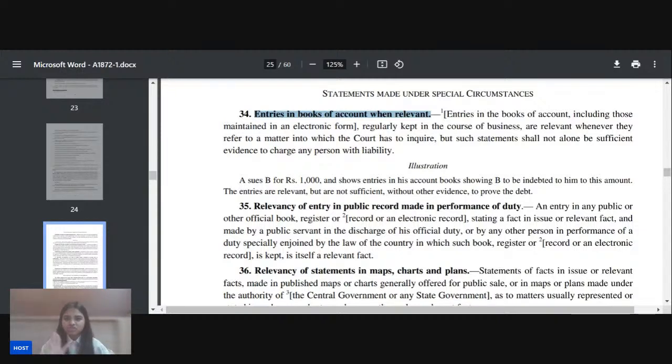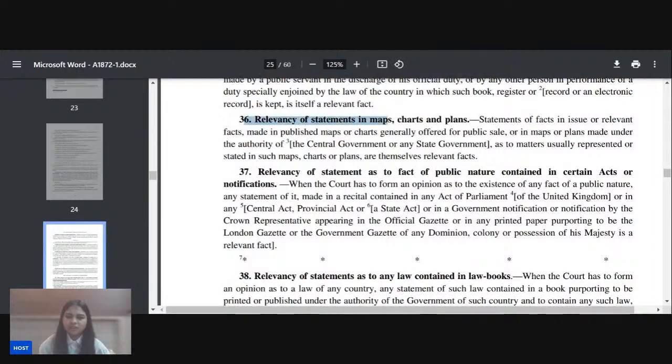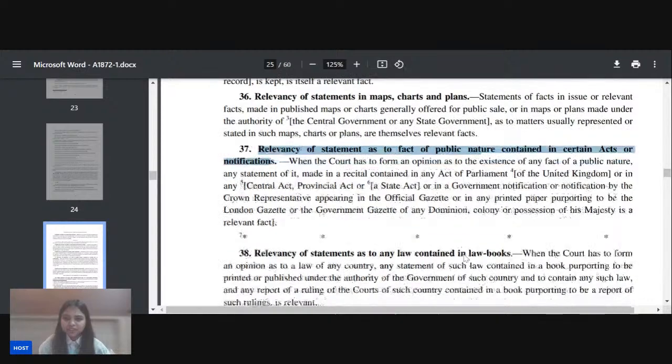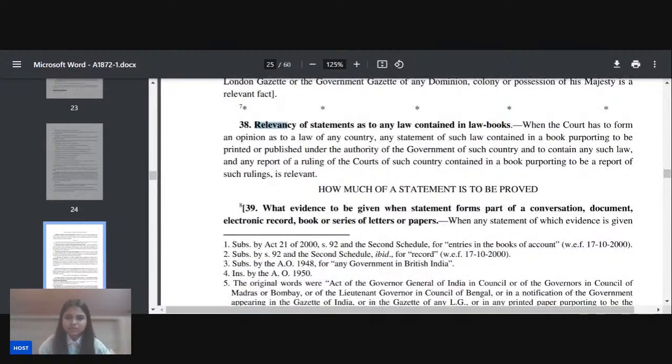So this is based on the principle that if you are making an entry regularly in the course of business, it will be accurate. It is surely to be accurate if it is regularly maintained, right? So this is about the book of account regularly kept. Section 35, relevancy of entry in public records. 36 is relevancy of statement in maps, chart and plans. 37 is statement as to fact of public nature. Okay, so we can skip this section and